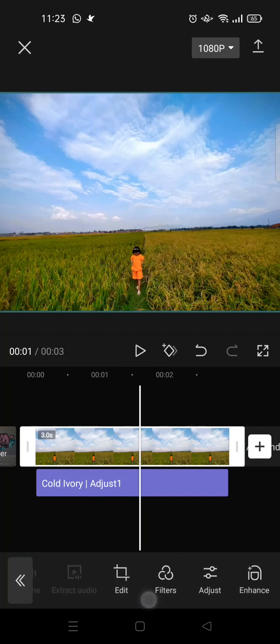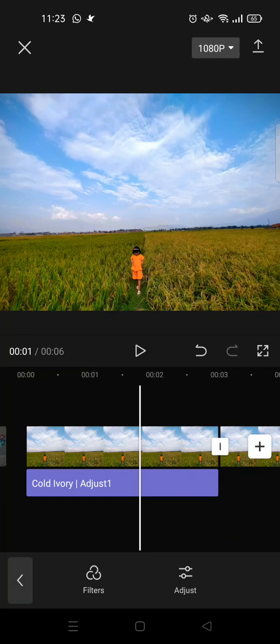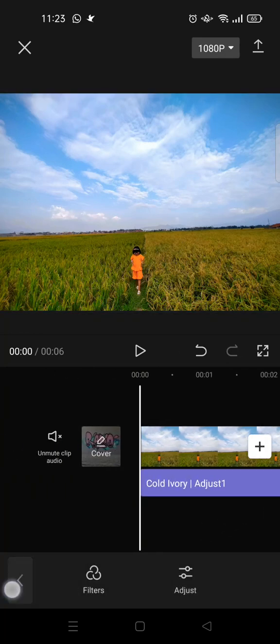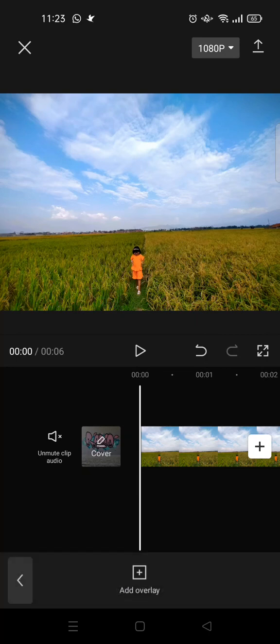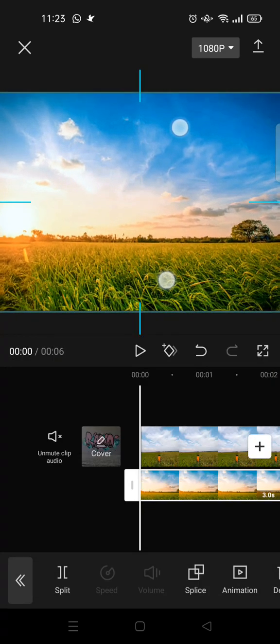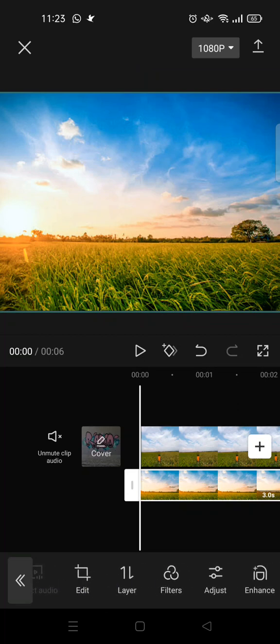copy the original photo. I'm going to copy it first, and next you can add an overlay. I'm going to add overlay of a photo of a beautiful sky like this, and I'm going to adjust the size, and then I'm going to go to mask